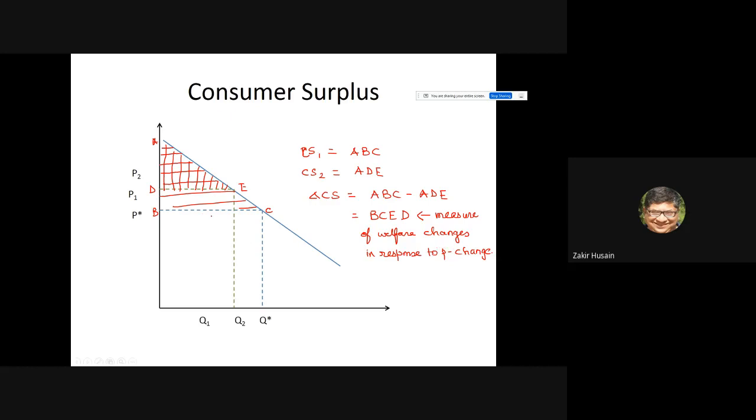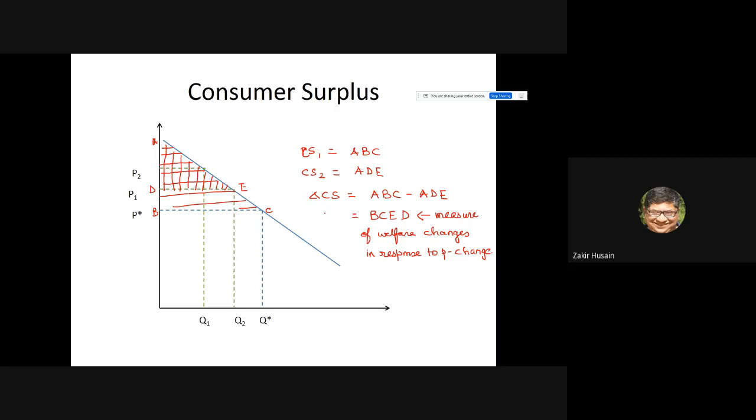So often we take an action, we impose a tax, for instance, and as a result of this tax, the price goes up. So we want to find out that, okay, the price has gone up, but how much has the welfare gone down? And then we can compare this with how we spend the tax and see how welfare has gone up. And if we compare the two welfares, we can say that, okay, that tax hike is justified, or it does not have the desired effect, it should be withdrawn or something like that. So the consumer surplus is very important if you want to find out what happens to welfare.